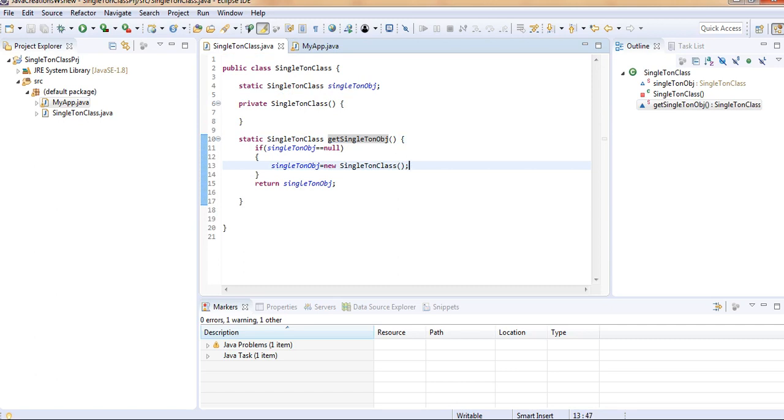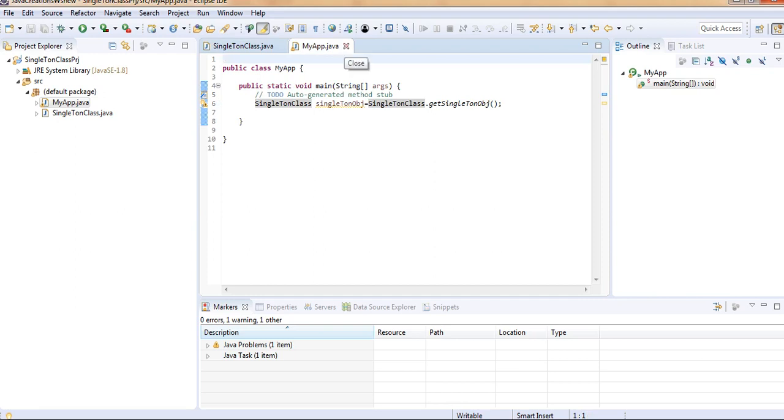And since it is taken as static, only one time assignment is possible when we take it as static. Okay, so now let's check this.